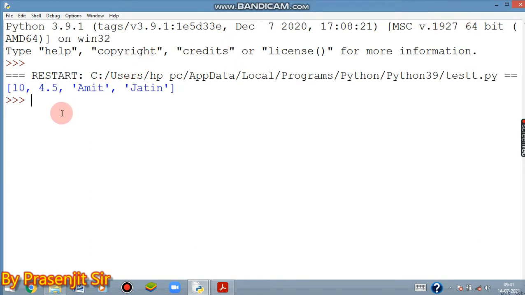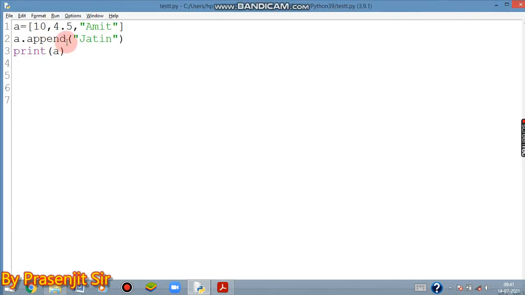And if we want to place this Jatin position-wise, that can also be done. For this, you have to write insert, and here you have to give the position. Unlike the previous, it will not erase the data.